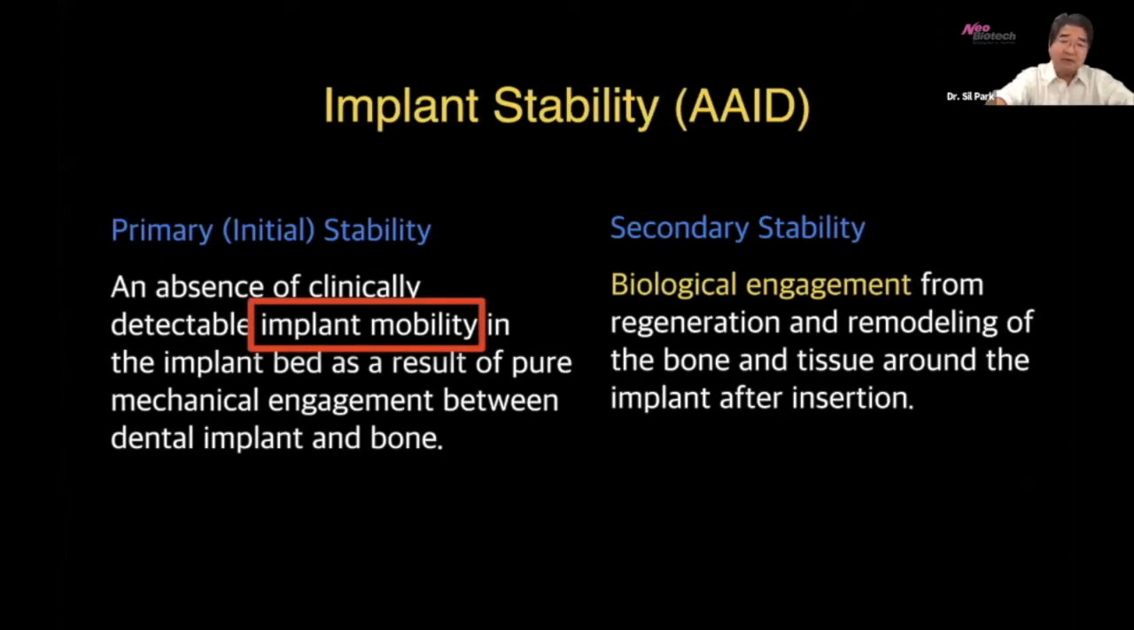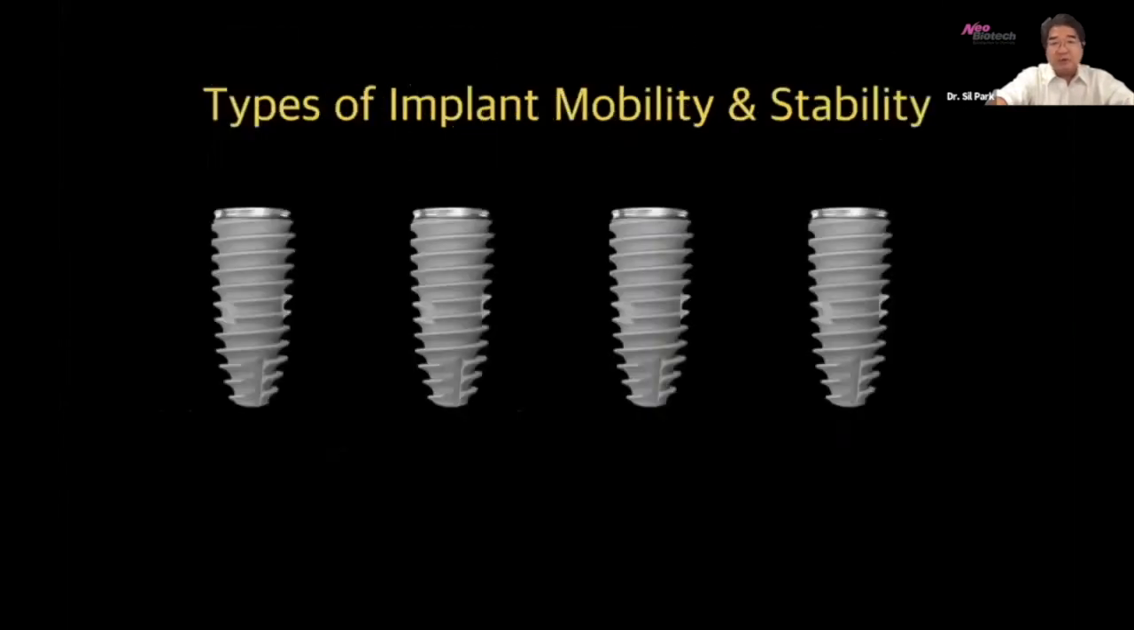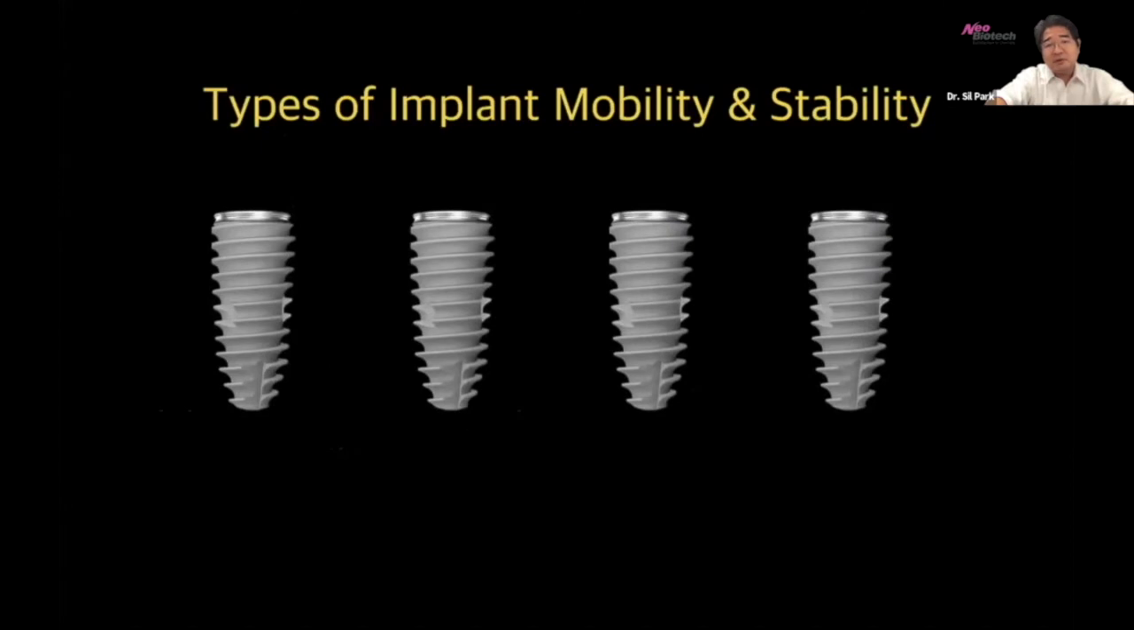Well, now they talk about the implant mobility, and also the secondary stability is a biological engagement. So when we talk about implant stability, we talk about the force and the characteristic or capacity to endure against those forces, and also implant mobility, right? So now let's talk about implant mobility,